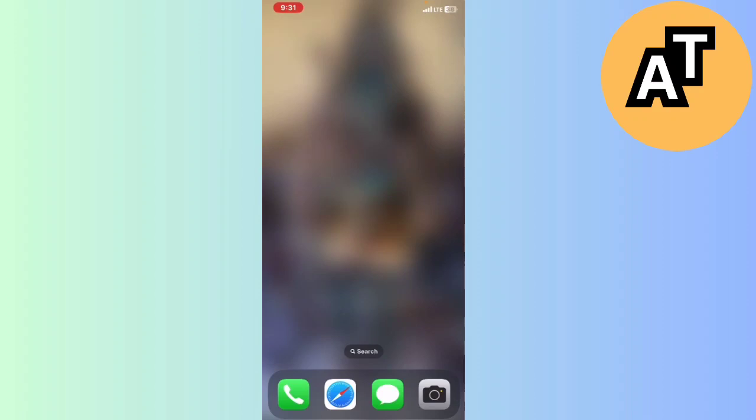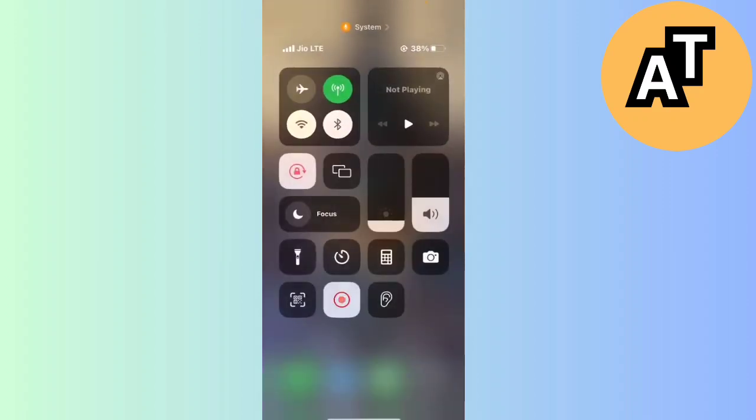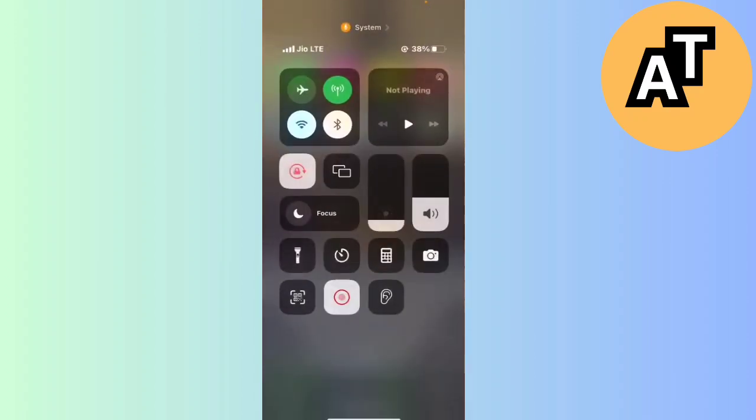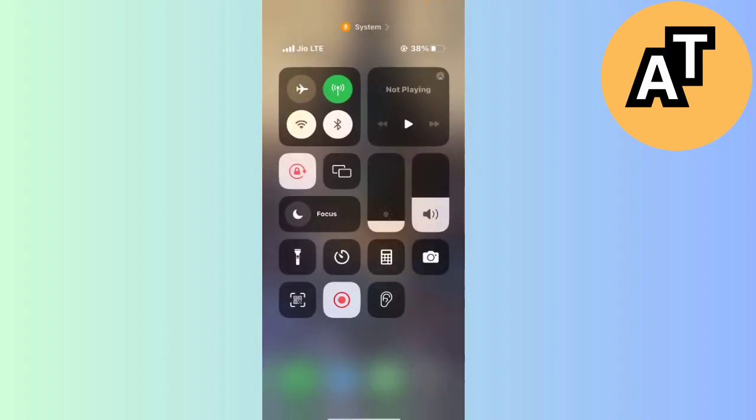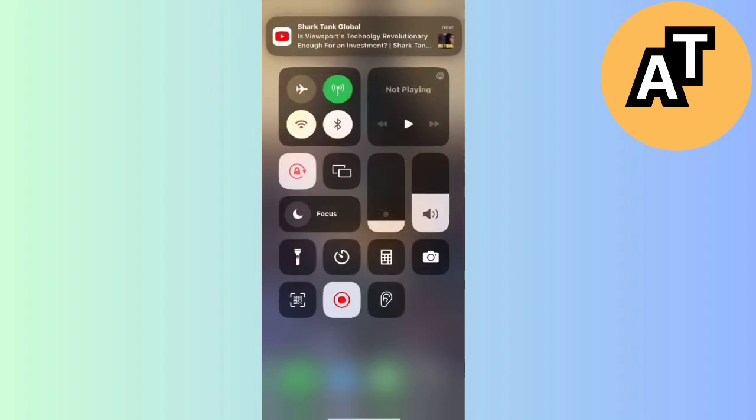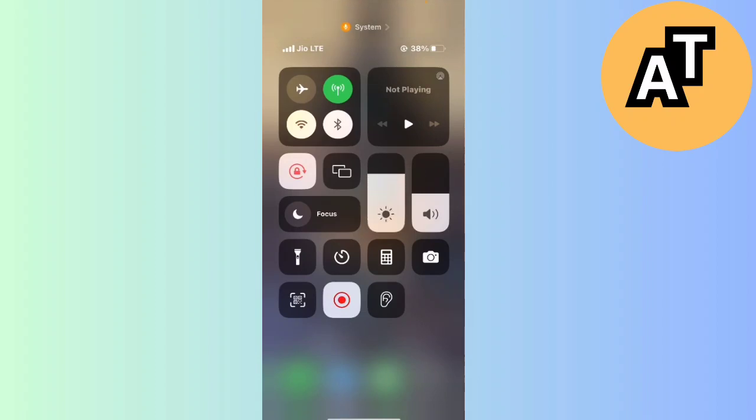What we have to do, we just have to take our iPhone here, like this is my home screen. The first step I will do is swipe on the right top corner of your screen so that the menu will open here like this. And here you can see there is an audio option, from here you can set your audio, but on the left of audio you can see there is an option called brightness, which increases my screen's brightness right now. So I will just tap it for 3 or 4 seconds like this,